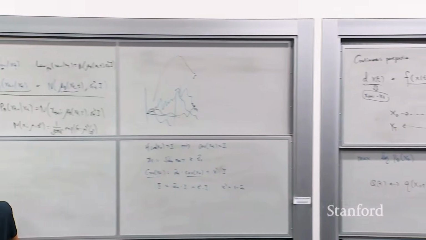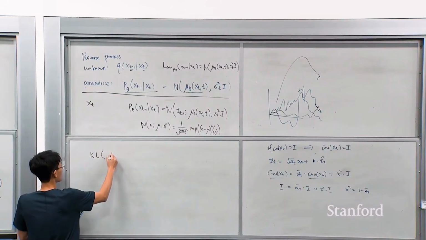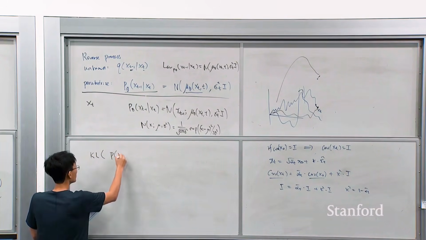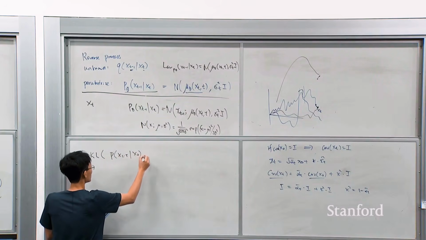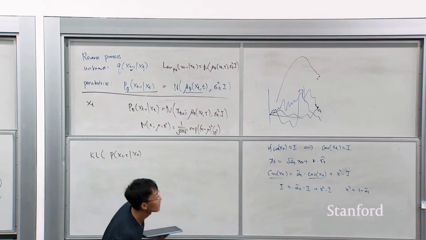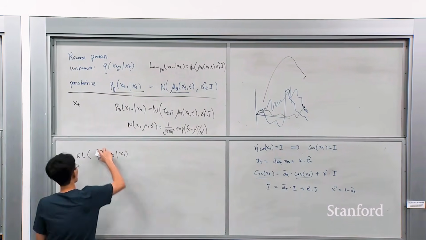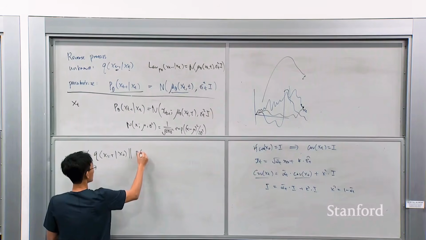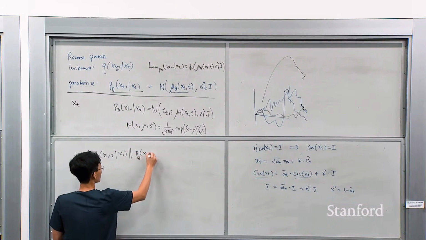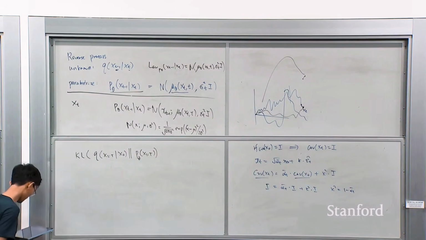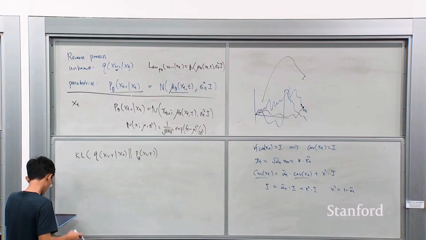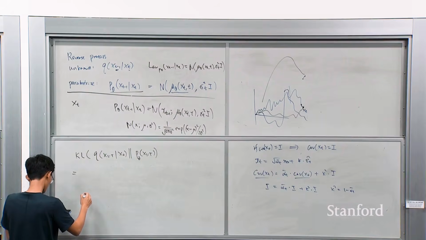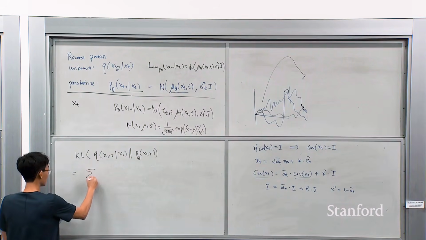So now the KL between P of x1 to t given x0. Sorry, did I have Q first? I have Q first, yes. Q. This is equal to, right, I think,